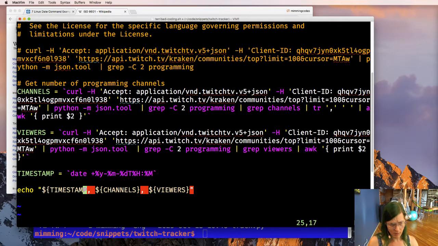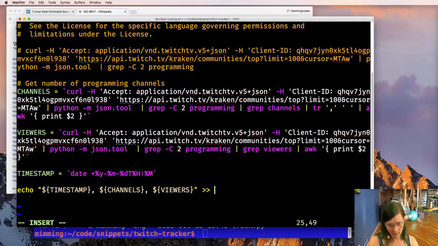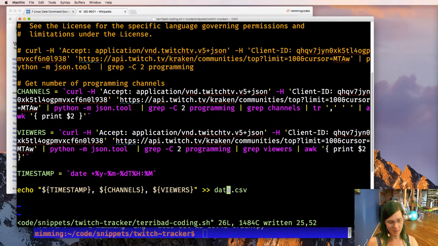So we're going to echo that, and we're going to echo it into, what am I calling this? Twitch tracker. So data dot CSV, because it is comma separated, right? We can get rid of these spaces. Let's see what happens when we actually run this.